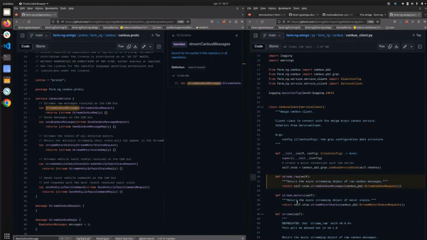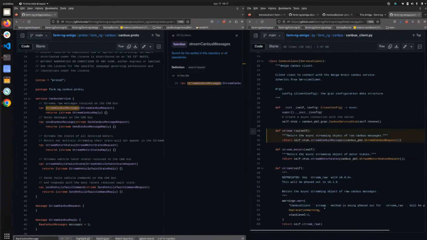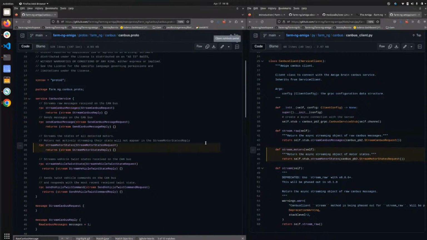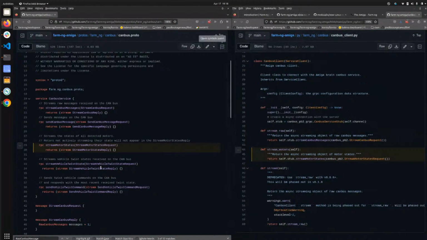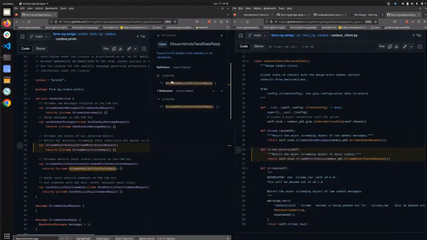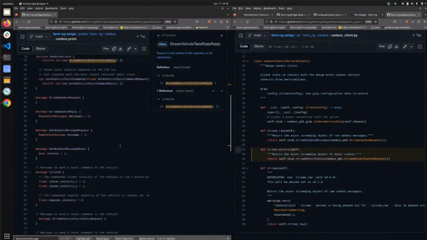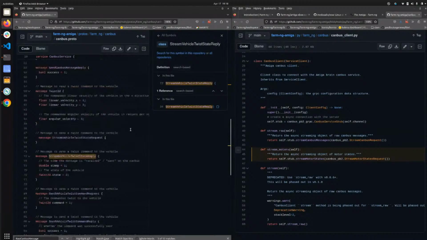We have the same thing for streaming motor states, which will respond with a stream of motor voltage, amperage, temperature, and RPM, as well as the ASCII encoding of the state of the motor. So for those two, we have this utility function that you can just use. For some of them, we haven't created that utility function. So for instance, for streaming the twist states,